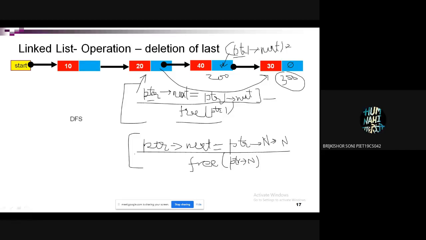Here at the bottom, free PTR next is holding the address of 40. PTR next is holding the address of 40, 200. So that means you are freeing 200. That is what you need to do.